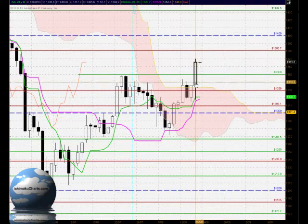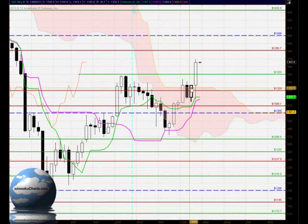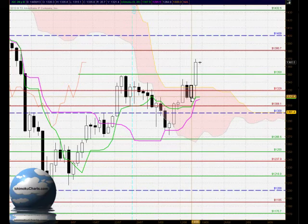Well, a change of trend today and a candle that's made a higher high and a higher low. In the previous day's trading we had a candle with a lower high and a lower low, but on a white bodied candle. So a change of trend to the downside with that candle, but a candle that was quite bullish. That candle also saw the market break out in a bullish manner up above the cloud, giving us a bullish